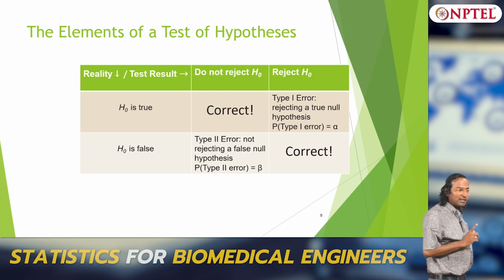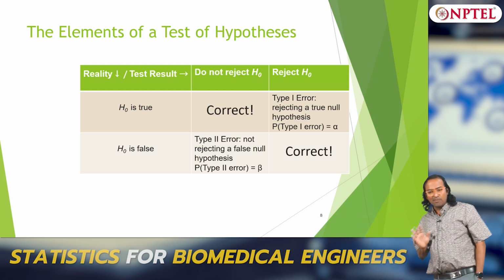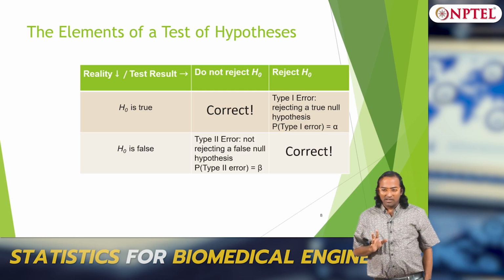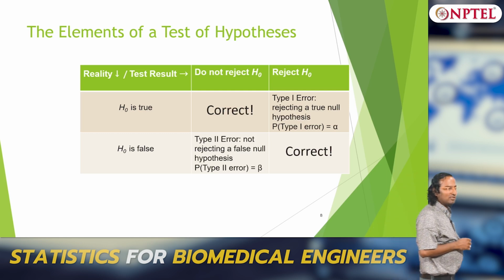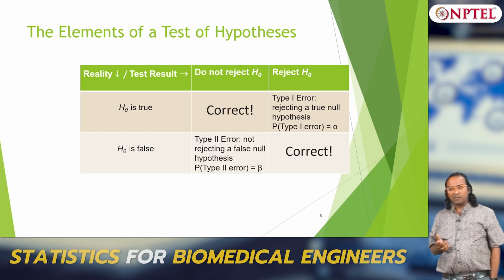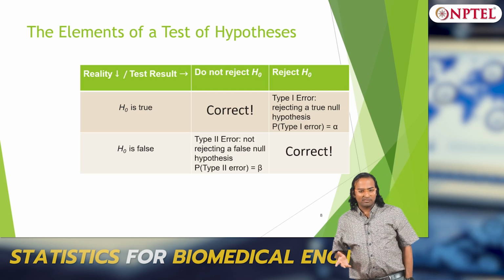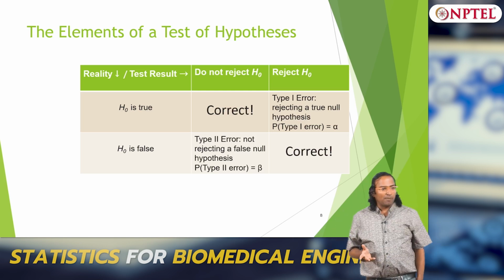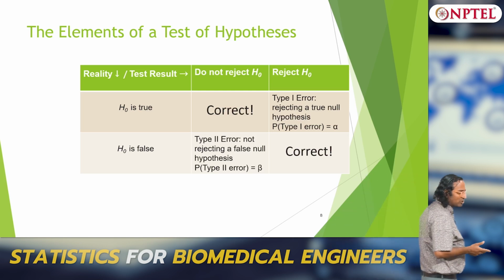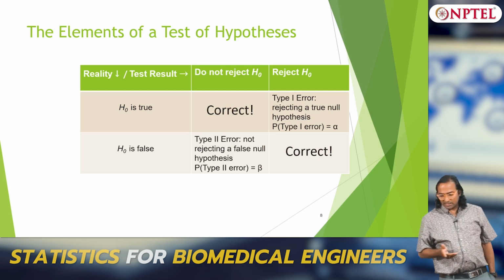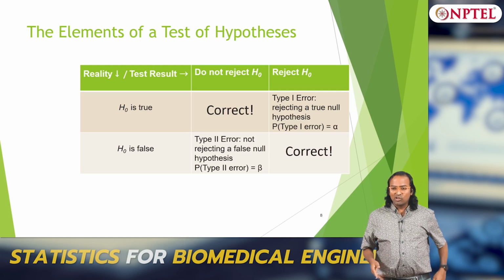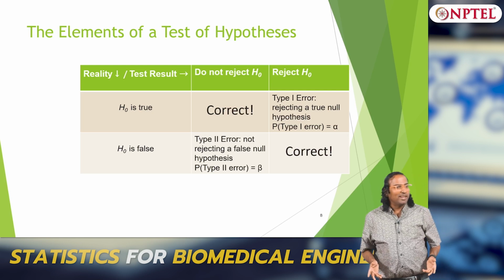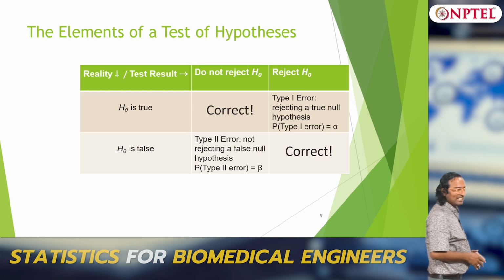Type 2 error is not rejecting a false null. This cannot be 1 minus alpha, because the total table should add up to 1, or 100%, since the entire table is the sample space. If your half diagonals add up to 100%, 1 minus alpha plus alpha, then in your diagonals you never have a correct answer. That cannot be the case, by common sense.